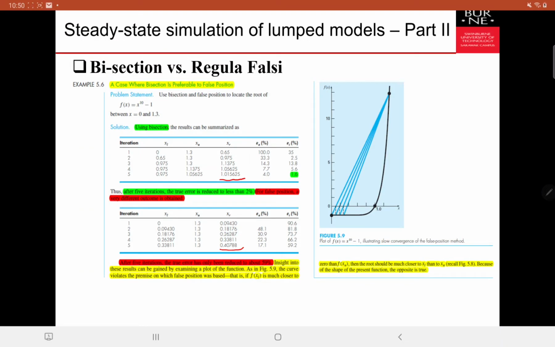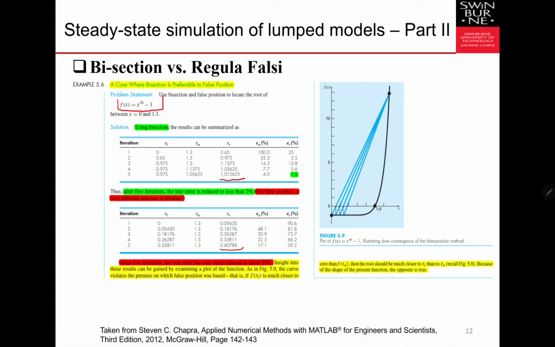In this video, we will continue the discussions on the comparisons between the bisection versus regula falsi. In most cases, regula falsi would perform much better compared to bisection. When I say much better, I mean that it will be faster to iterate using the regula falsi compared to bisection. But in this particular example, when we have this function f(x) equal to x raised to 10 minus 1,